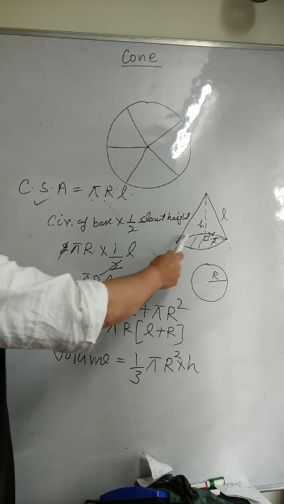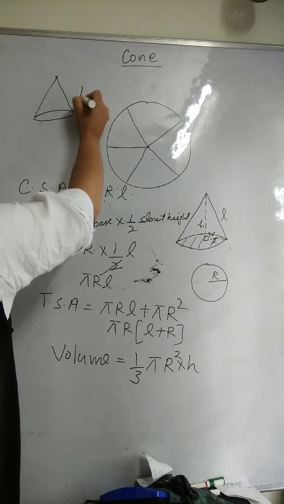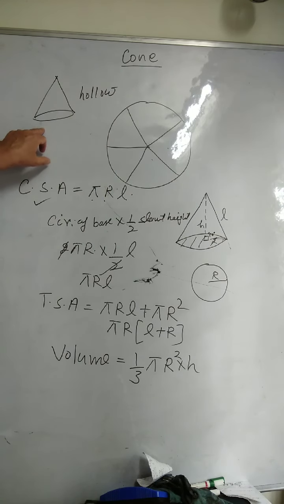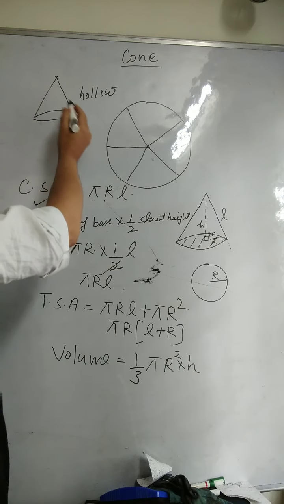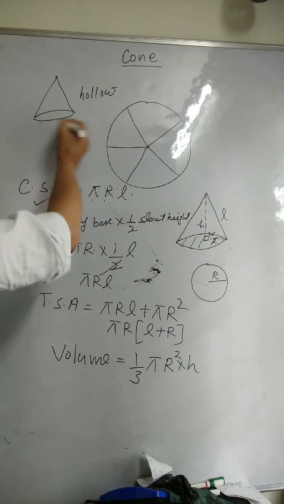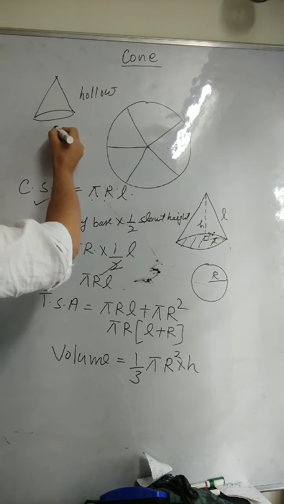if in a question it is given there is a hollow cone, right? So if in the question it is asked, find the area which you can paint, find the area of the cone which can be painted, right? So in this case you can paint it from outside and you can paint it from inside also. It's a hollow, so from outside whatever area you can paint, it will be how much?